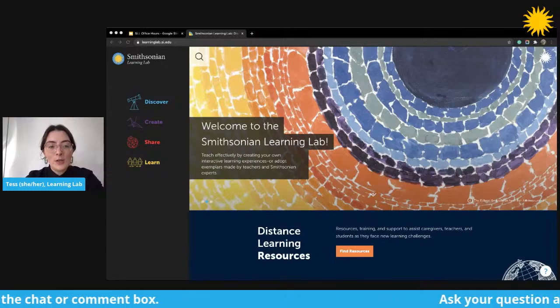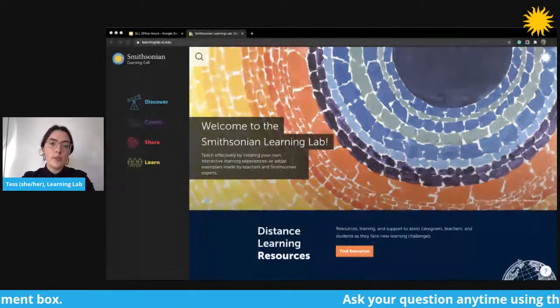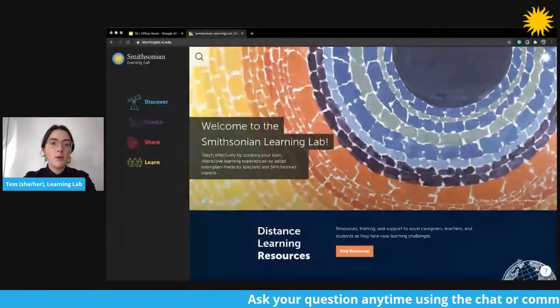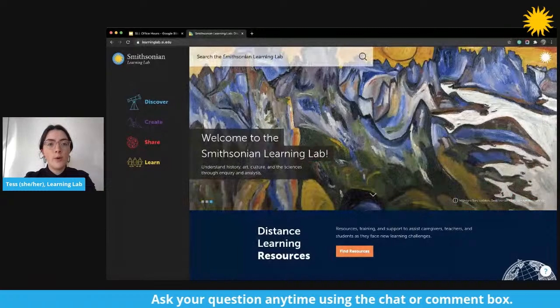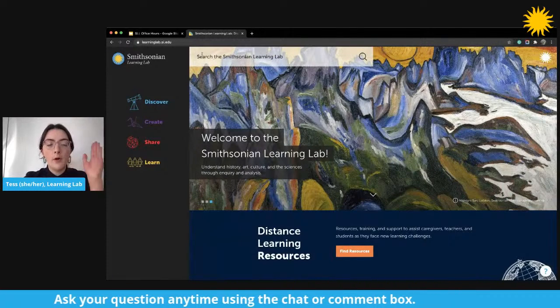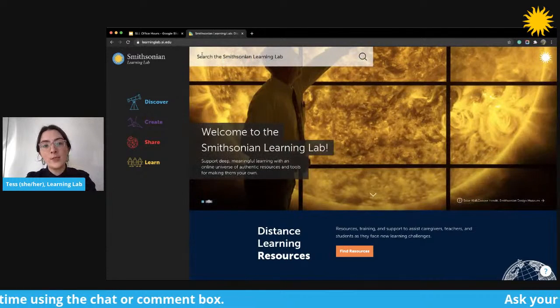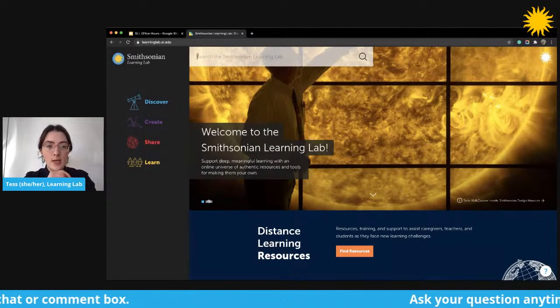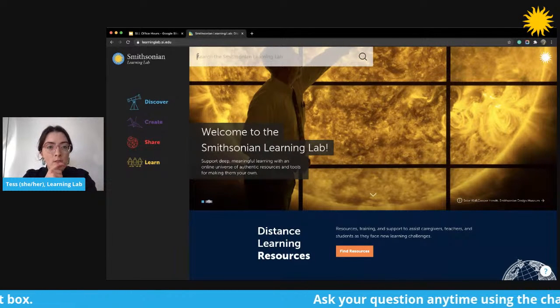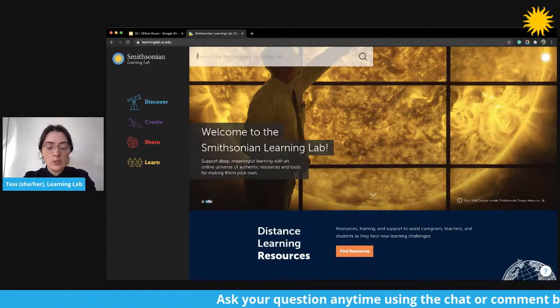So to get us started, I'm going to start with a search for resources. And to do that, I'm going to look for the search bar at the top of the screen. It will always be in the top left. And I'll use this to search for both resources and collections. So to get us off with a general search, I think I'm going to do a search for